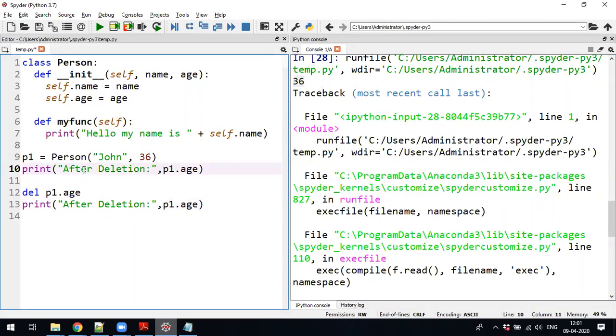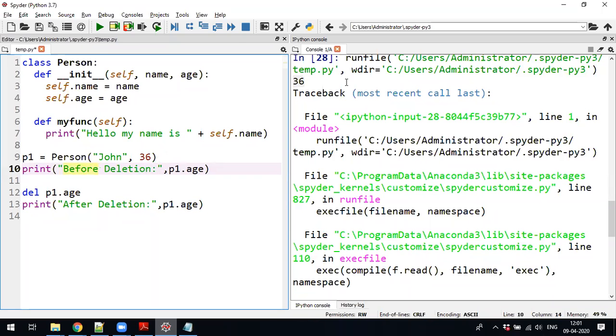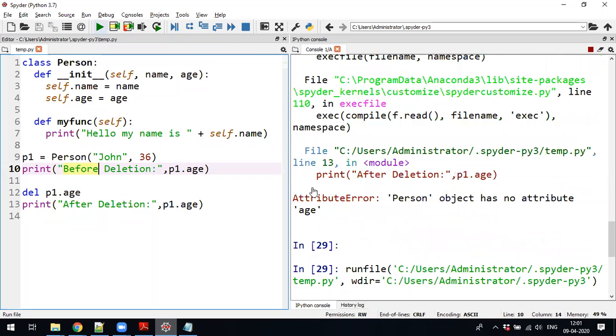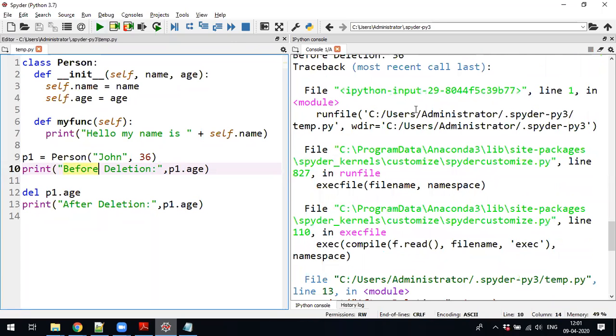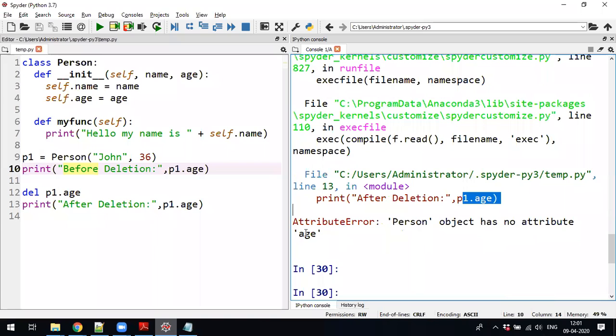Before deletion, it is able to print 36, then after deletion, p1 dot age gives the error: no attribute called age.